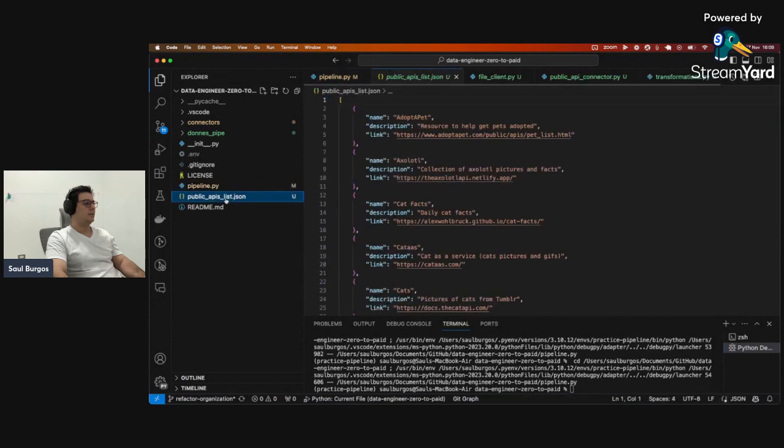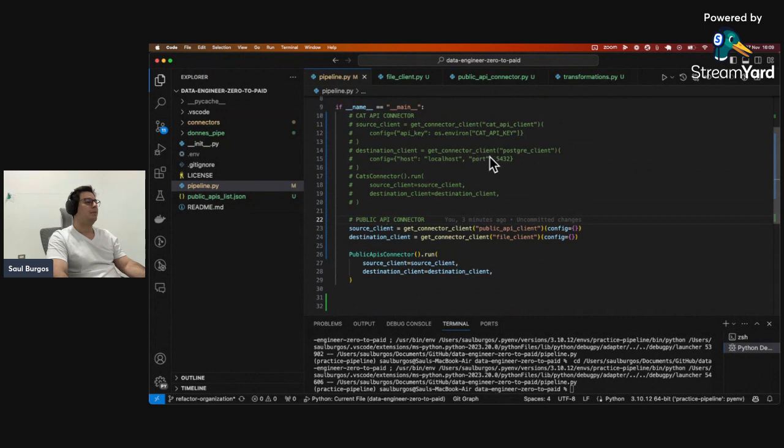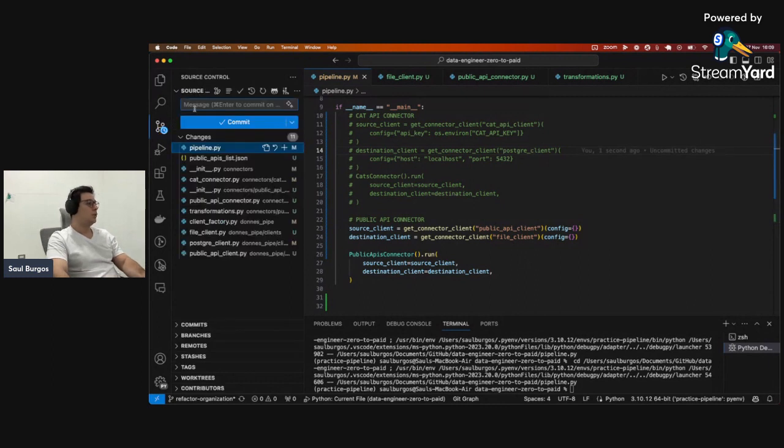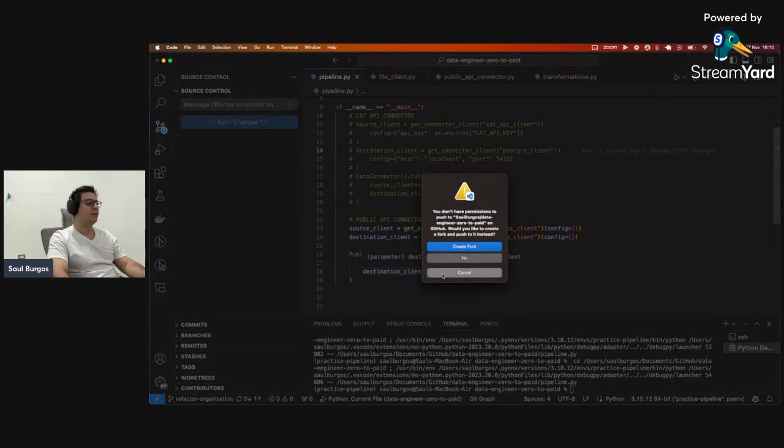Yeah, here it's working. This is our new connector. It's a new connector that is getting information from a public API. And instead of using a Postgres database, it's using a file to store information. That's it. Okay, new public API connector. So next week we will do another connector,